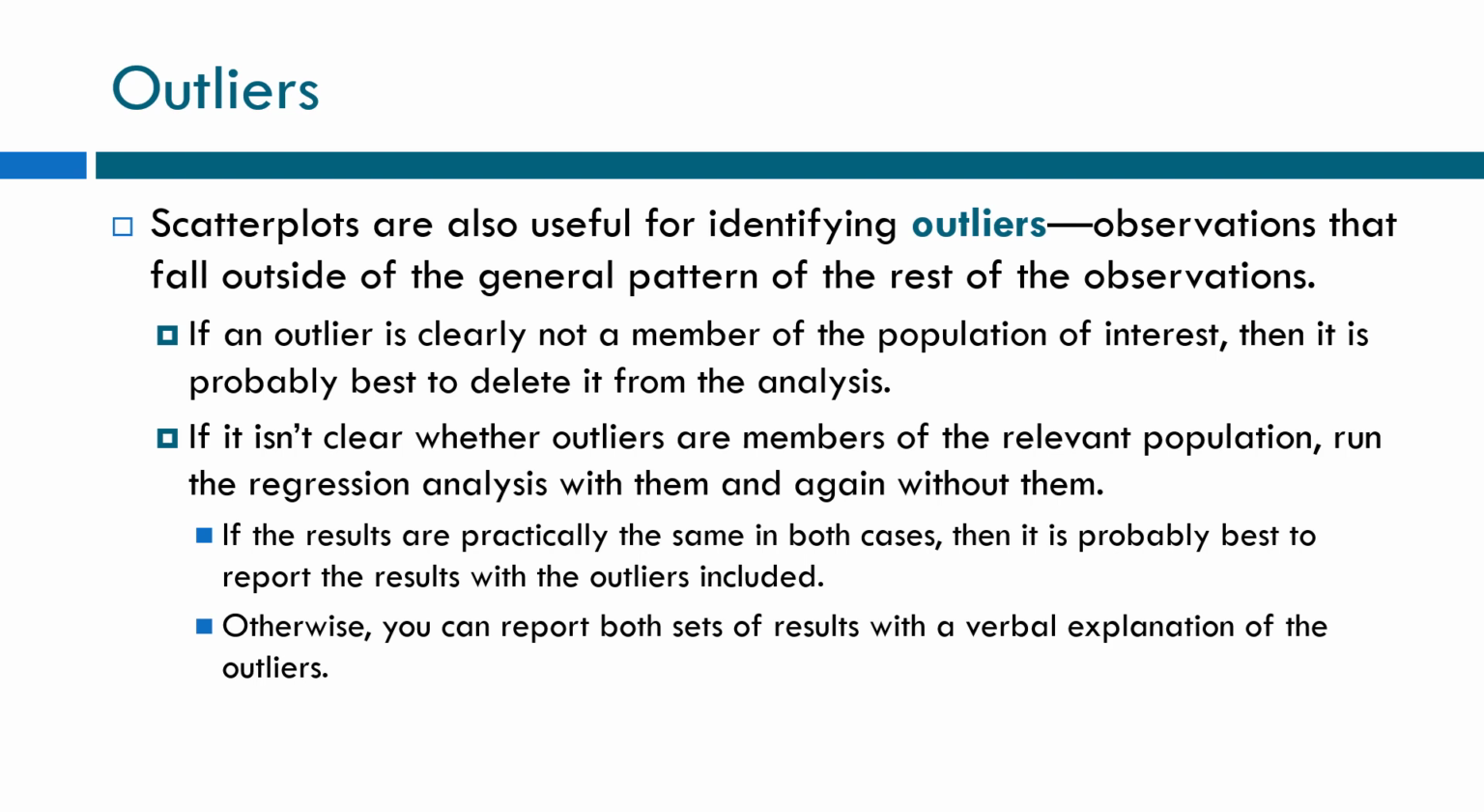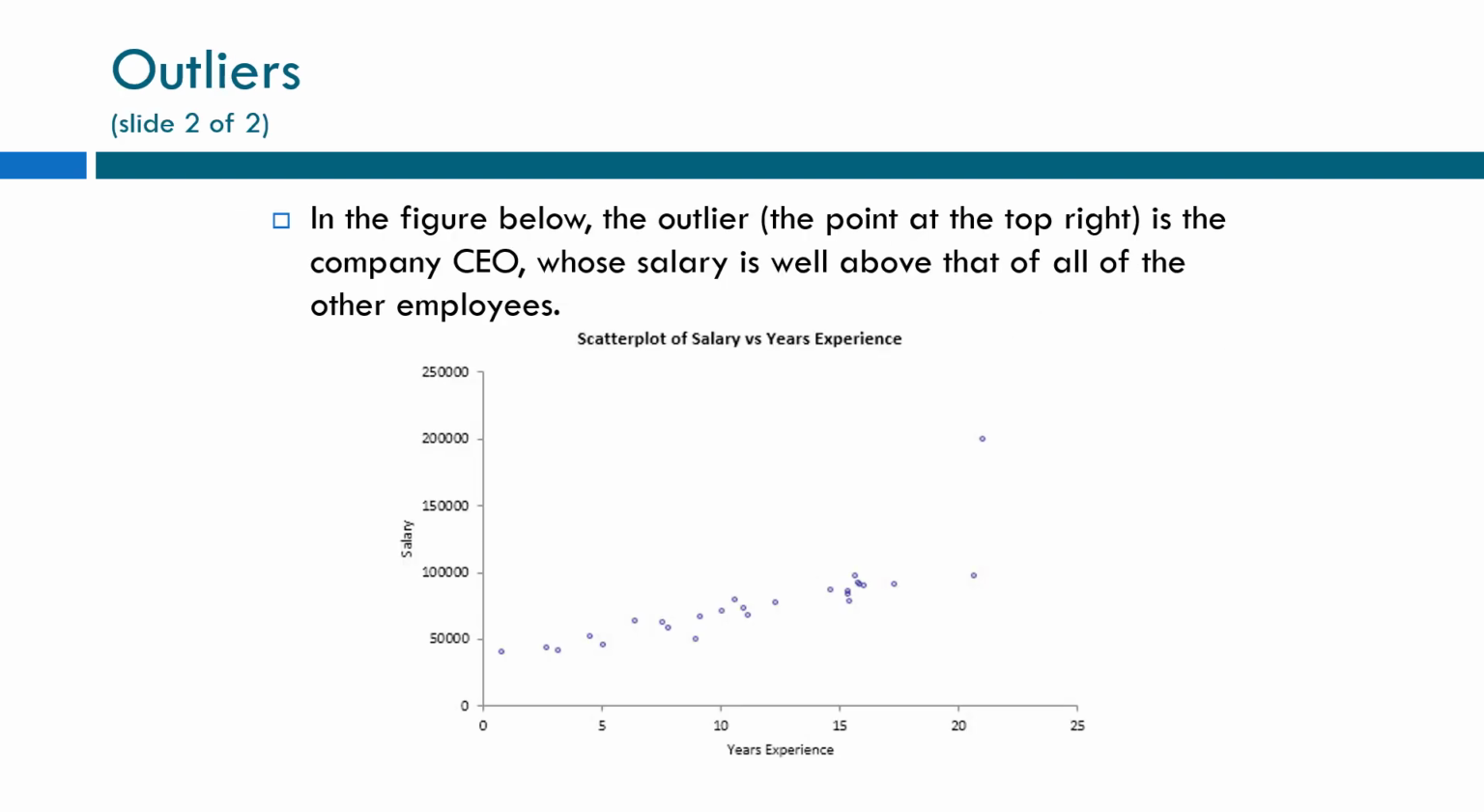If it isn't clear whether outliers are members of the relevant population or not, try running it again with and without them, and if the results you get are practically the same in both cases, then it's probably best just to leave them in. Otherwise, you can maybe report both sets of data with an explanation of why you've included or excluded the outliers. In the example here, we've got the average salaries for all of the employees at our